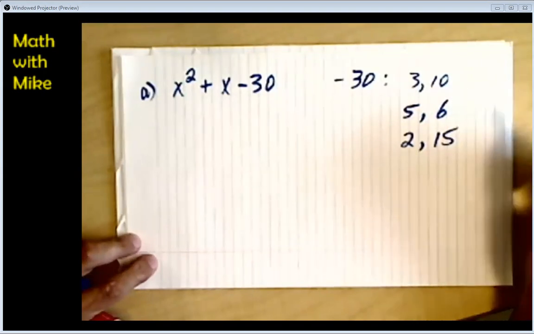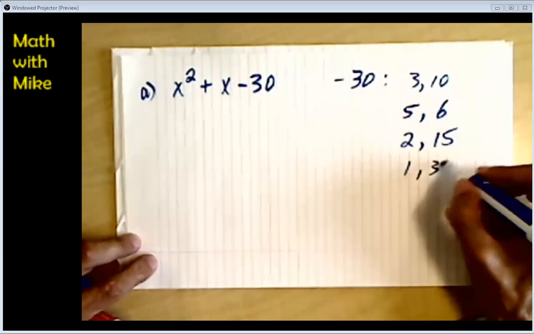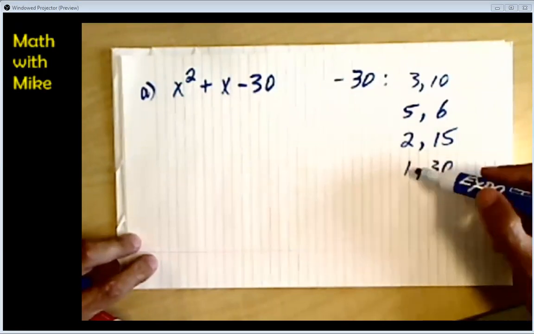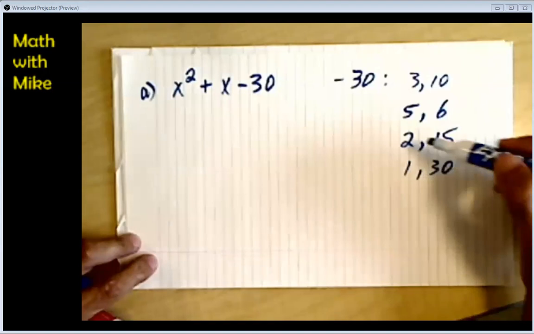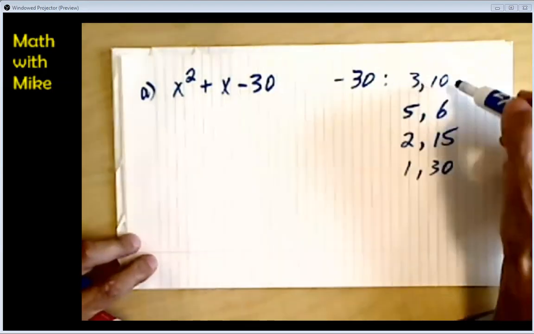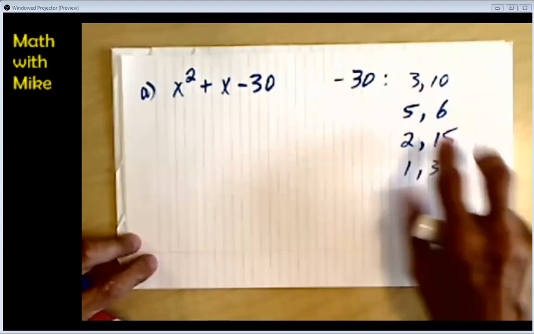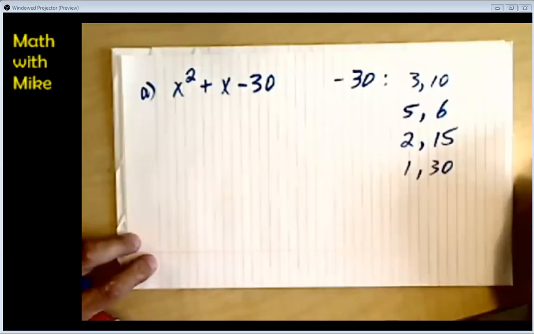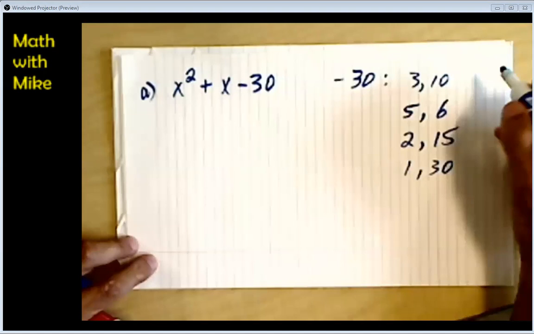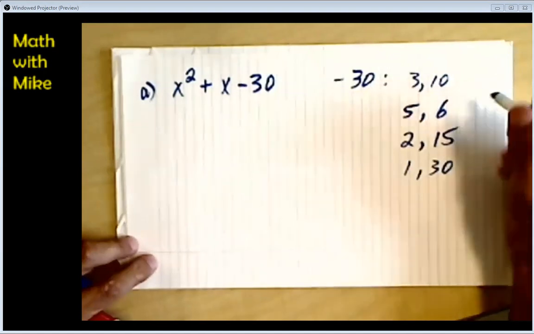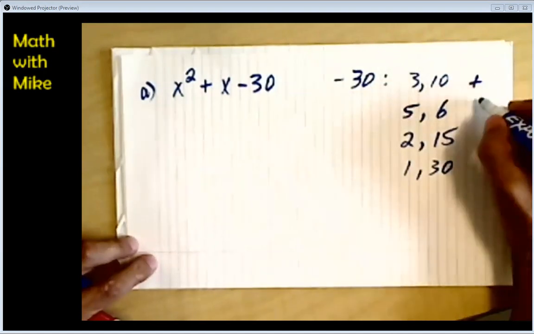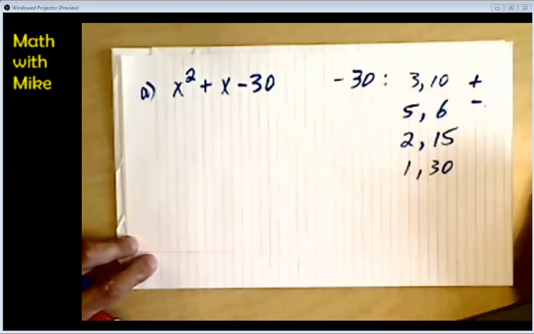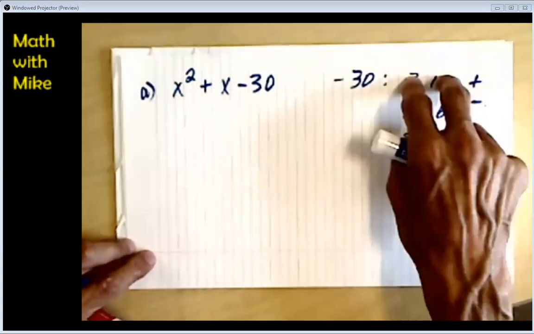Yeah, 1 and 30. So this is a bit all over the place, right? Try and go in order: 1 and 30, 2 and 15, and then try along the way, 3 and 10. Organized, and when they start being close to one another, then they flip, then you're done. Okay, but yes, plus and minuses all the way along. Okay, so we also need numbers that these pair of numbers, they have to add up